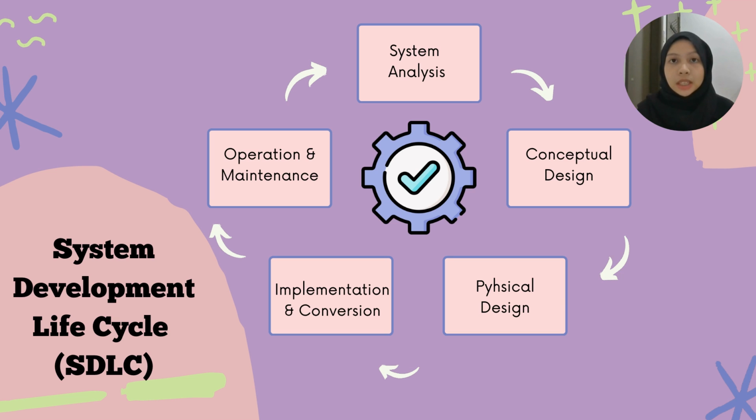Secondly, conceptual design, which is about deciding how to meet user needs, identify and evaluate design alternatives, and develop design specifications. Thirdly, physical design involves translating the concept into detailed specifications by using code and test ATM programs, design input-output documents, create databases, develop procedures, and build control. Next, implementation and conversion include the process of installing and testing the new ATM system as well as converting the old system to the new system.